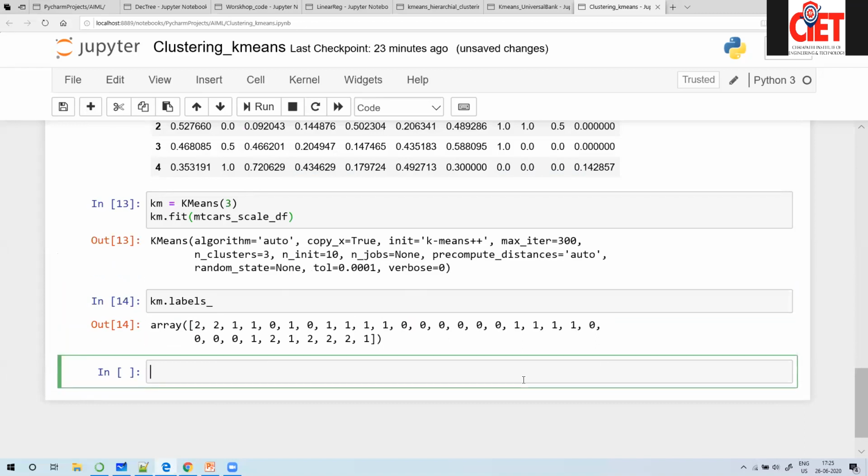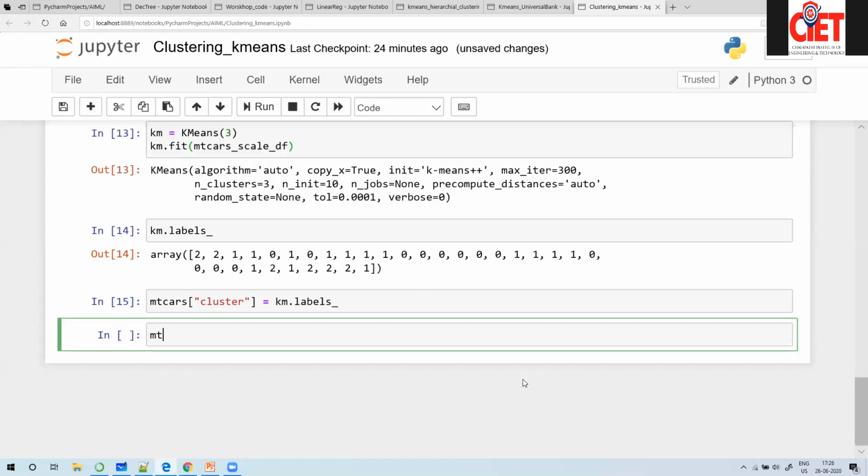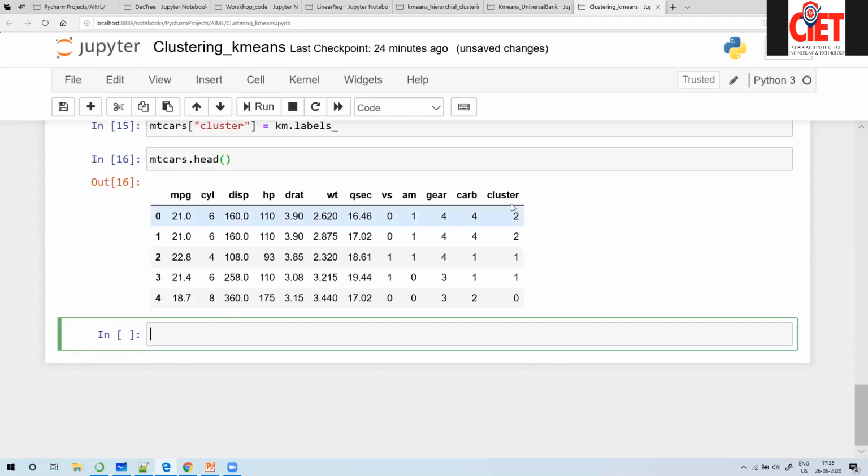Now I'm going to attach this to the original data set, empty cars cluster is equal to Km dot labels underscore, empty cars dot head. So now we have attached a new column, showing which cluster each observation belongs to. Empty cars dot cluster dot value underscore counts